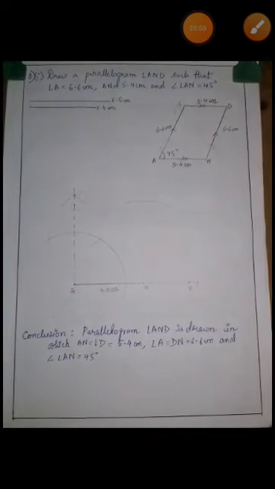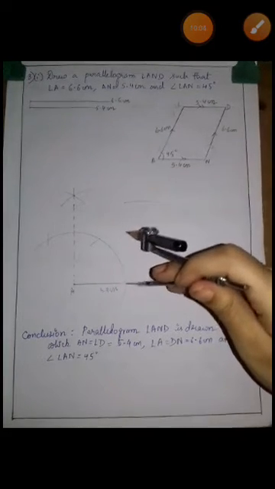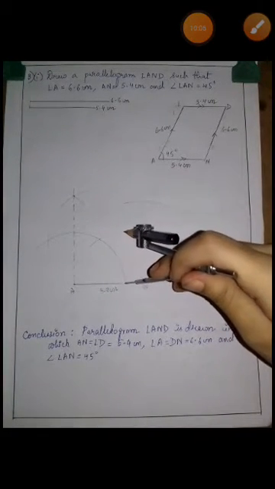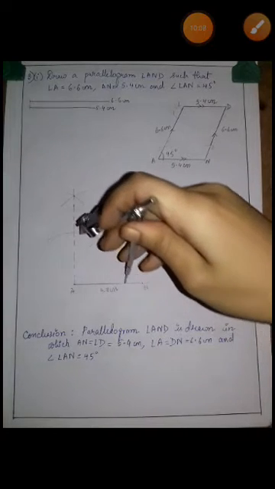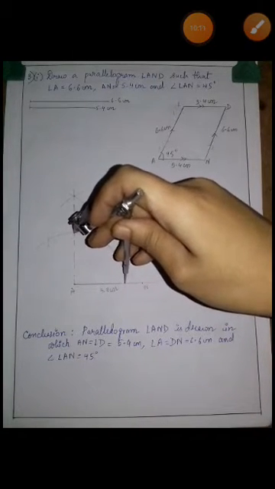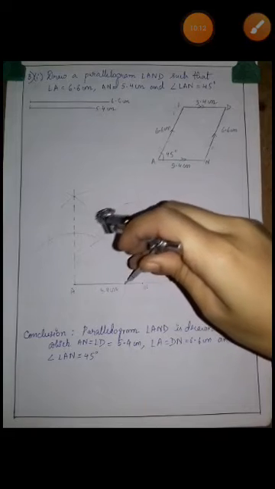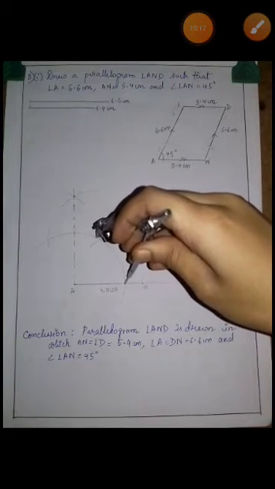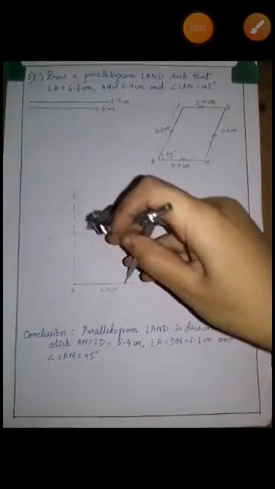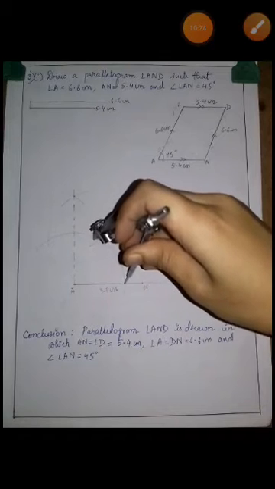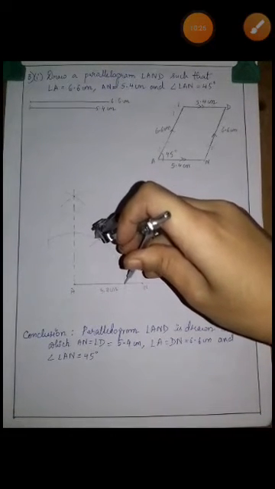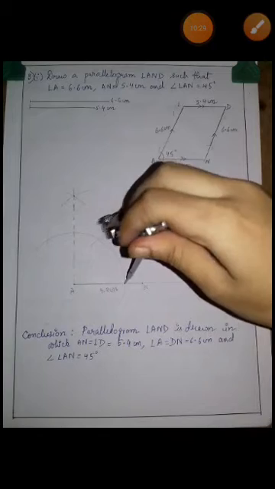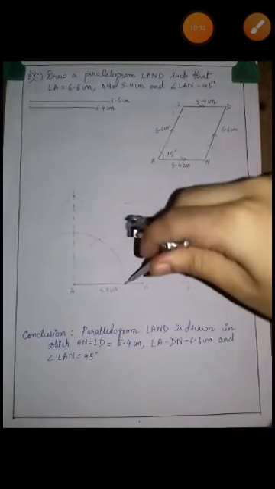So for drawing 45 degree, what will we do? We are going to place the pointer. Look here carefully. We are going to place the pointer. This full arc is 90 degree, right? This full arc is 90 degree. We are going to take more than half measurement. This is half, this is full, and this is approximately more than half. You can take any approximate measurement. Now cut an arc in this way.